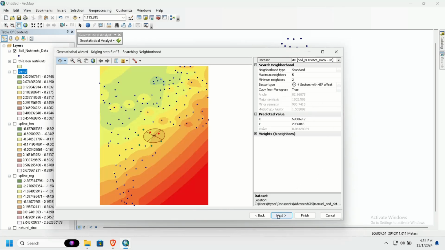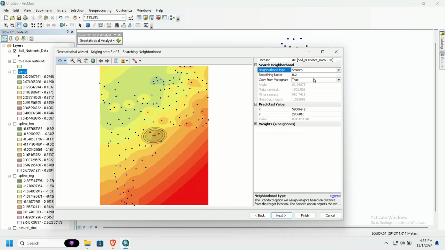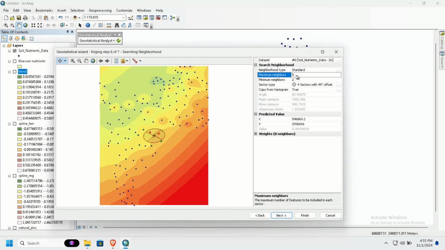Now we need to adjust a few things. The search neighborhood, it should be smooth, and after that we also need to adjust some things like maximum neighbor. Maximum neighbor 8. Okay, it should be standard, but maximum neighbor should be 8 and minimum neighbor should be 2. Yeah, this is fine. I'm sorry about any confusion. So now we press next,